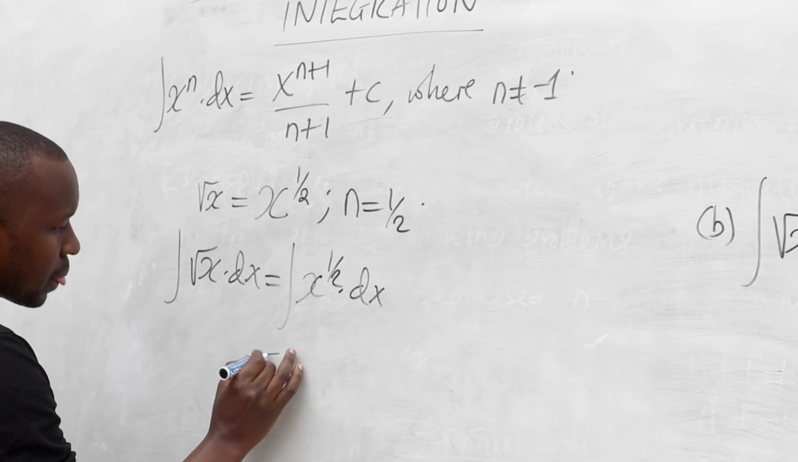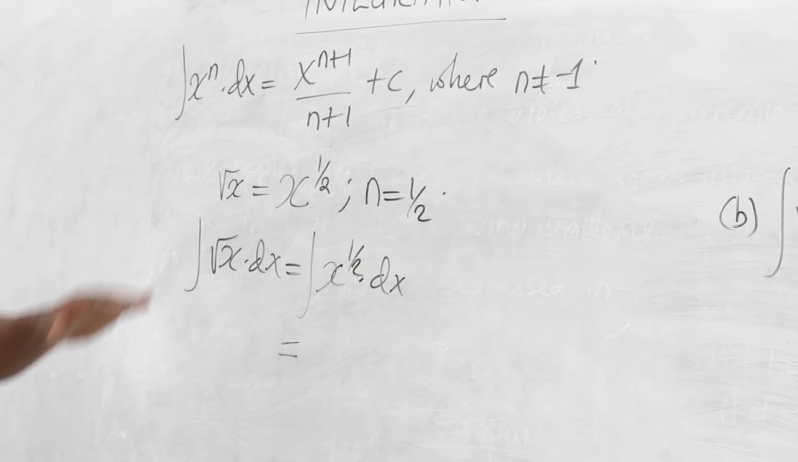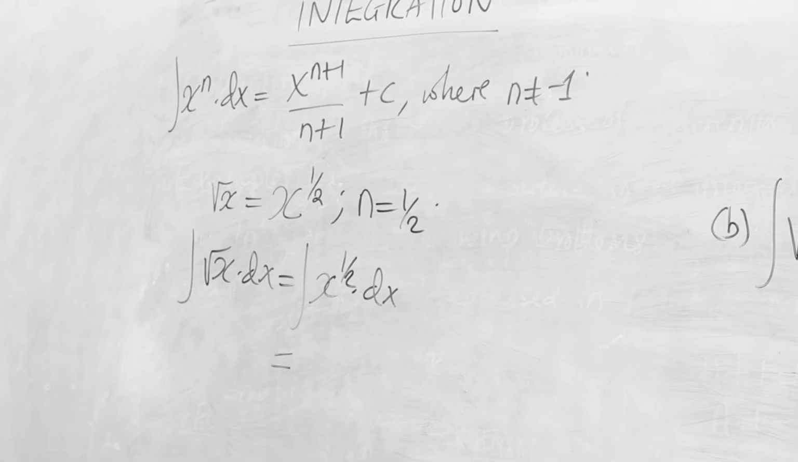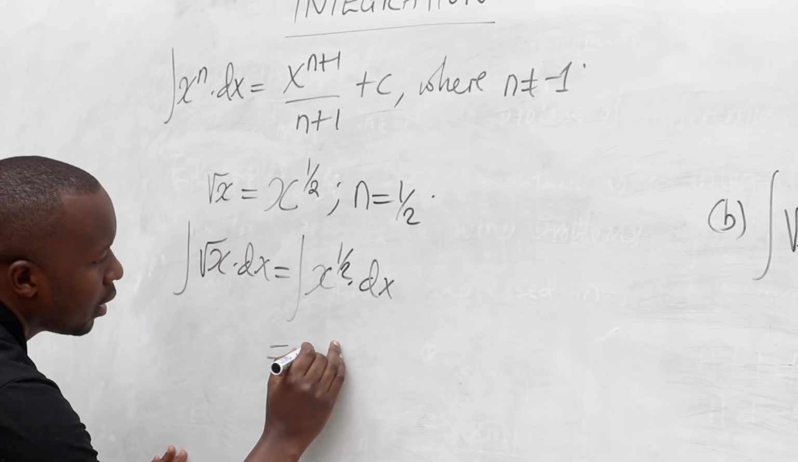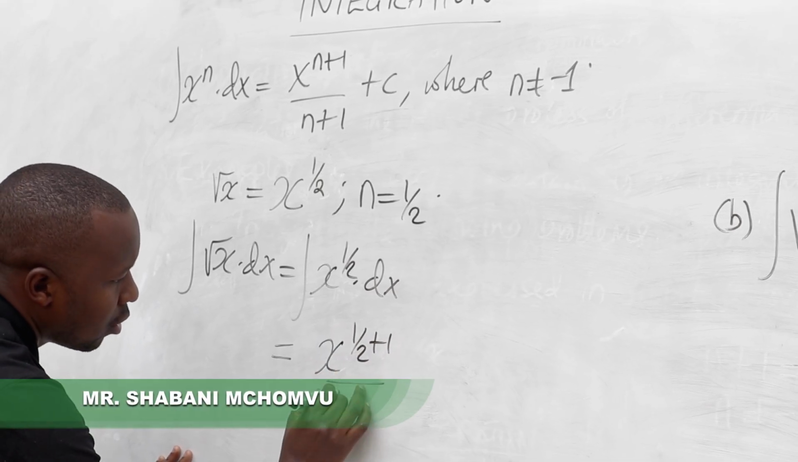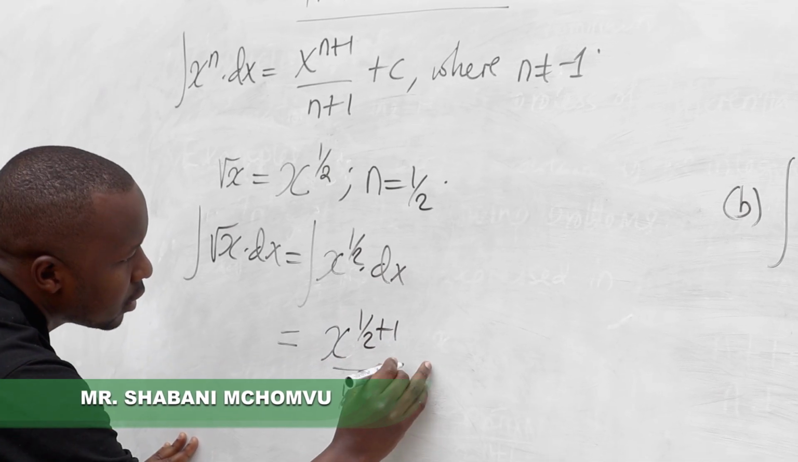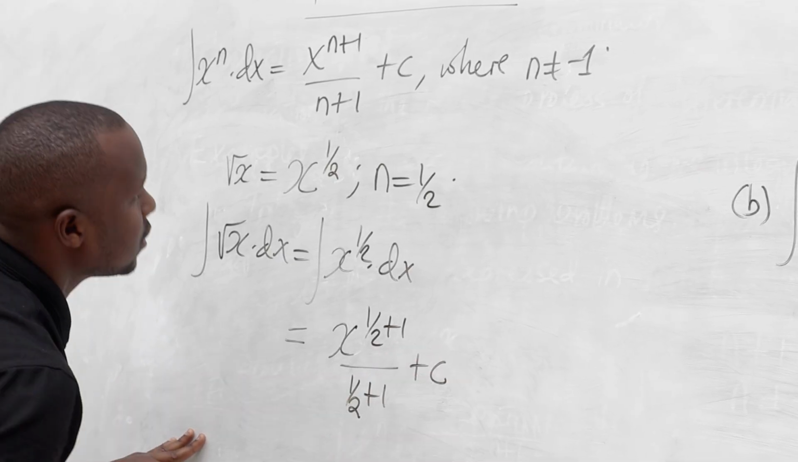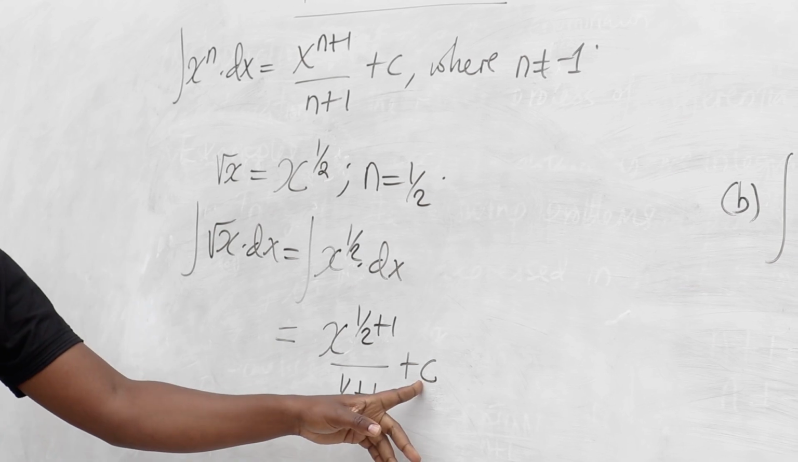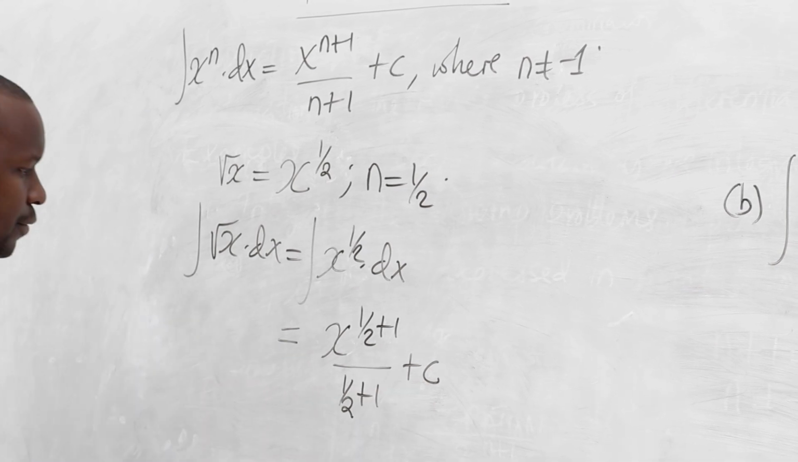Then from here, we can apply the power rule to integrate this integrand x raised to a half. So it will be x raised to a half plus 1, over a half plus 1. Then we add the constant c. Why? Because we don't have the limit, we need to introduce the arbitrary constant. Then from there,